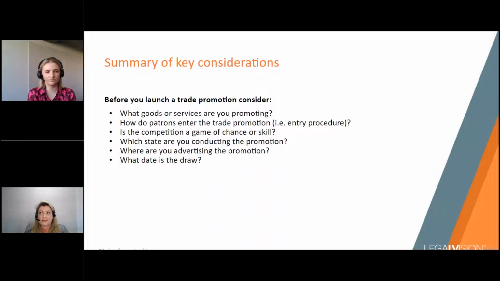In our experience dealing with New South Wales and the ACT, permits can turn around pretty quickly, but with South Australia, for some reason, I don't know if it's just they're really busy in South Australia, but they just can take a little bit longer. So we really recommend about a month's lead time at the most, as a minimum before launching into a trade promotion to make sure that you've got all the permits in place that you need.